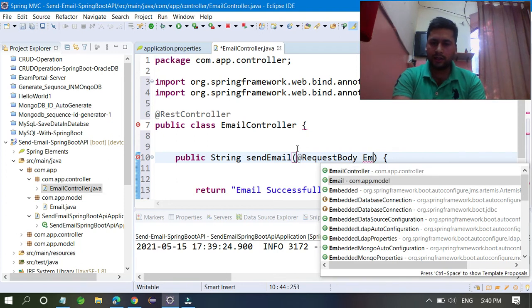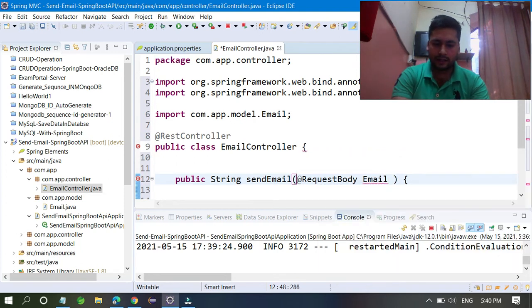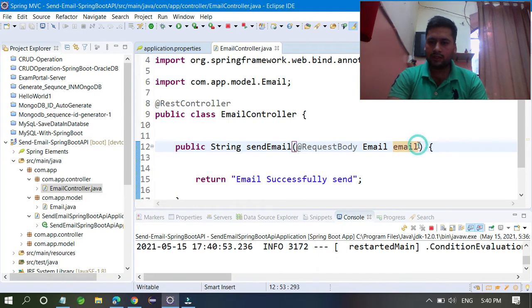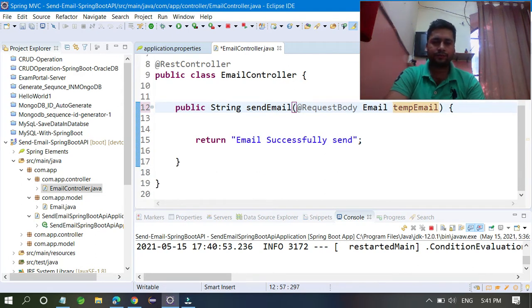So this is the email, and just write tempEmail. Okay, is it fine?